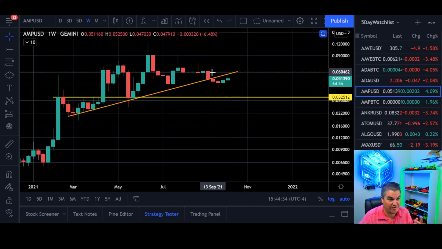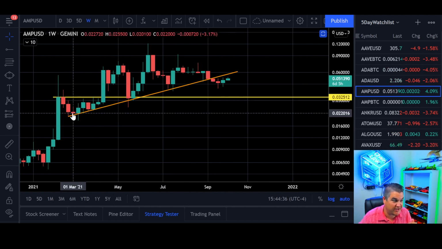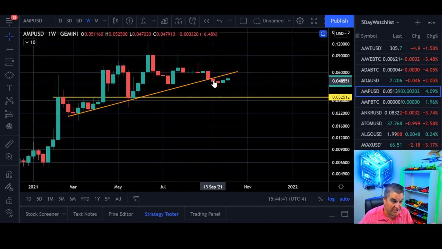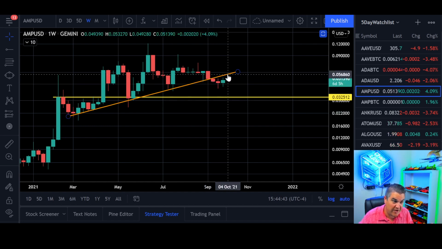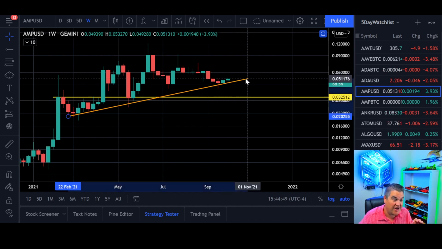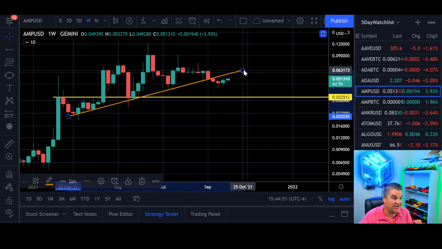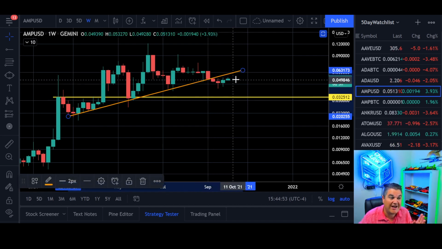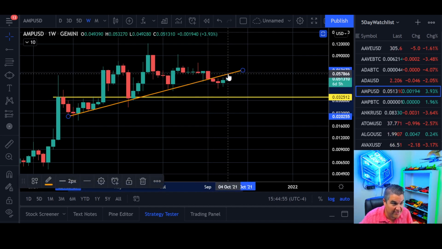Why is that concerning? Well, if you break a big trend line since, say, back in March of 2021, you break through it, you don't want to flip and hold that as resistance. So we will see if this is the trend line or is this the trend line. Have we already broken kind of structure for AMP or not? We don't know. But that level is kind of just shy of 6 cents.